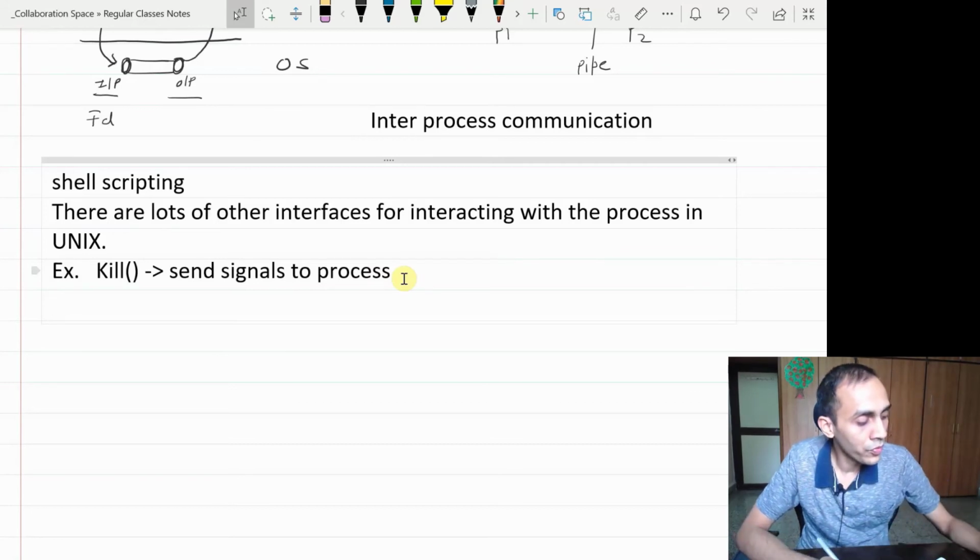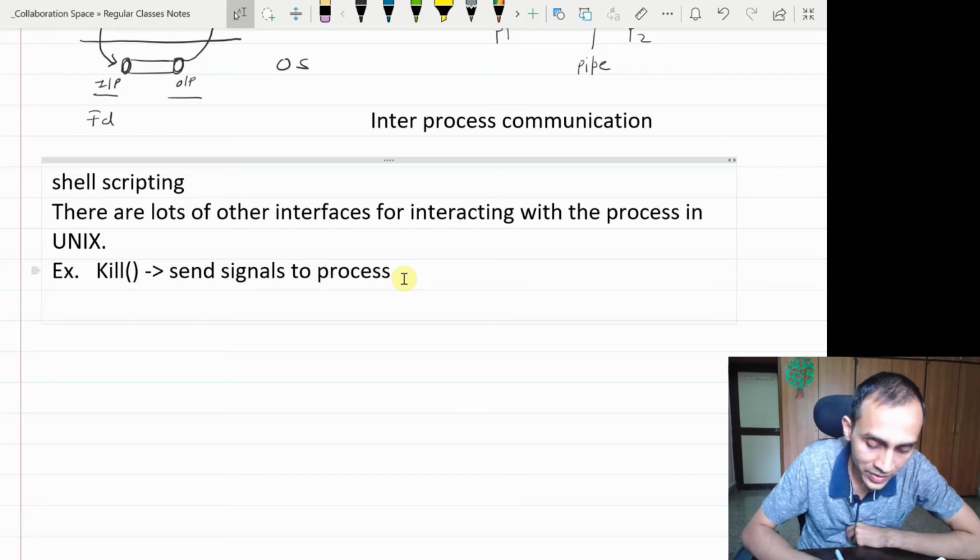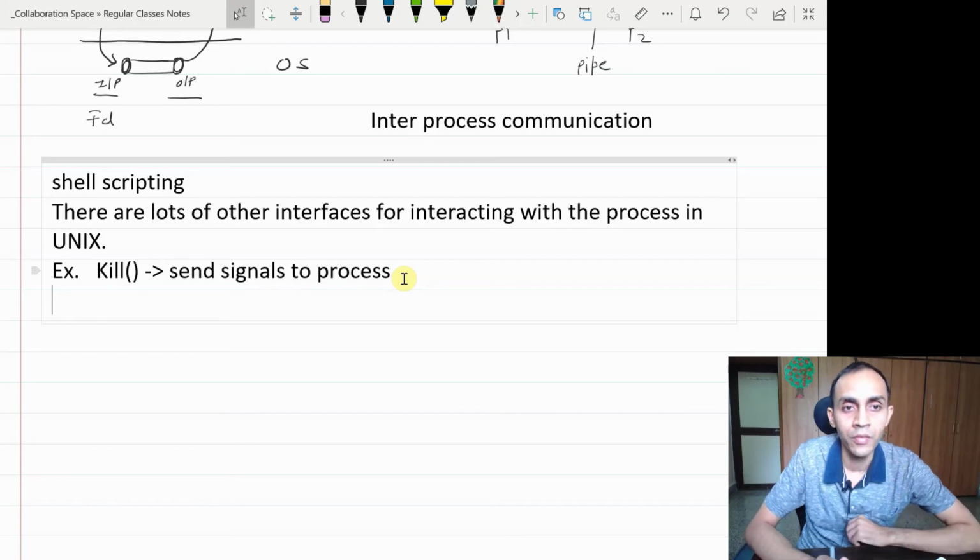Also, if you remember, if you want to kill a process, you generally type Control-C or Control-Z in your terminal. Those combinations of keystrokes generate a particular type of signal which is sent to the currently running process. And there are interfaces through system calls through which you can receive those interrupts and do a specific task for them.